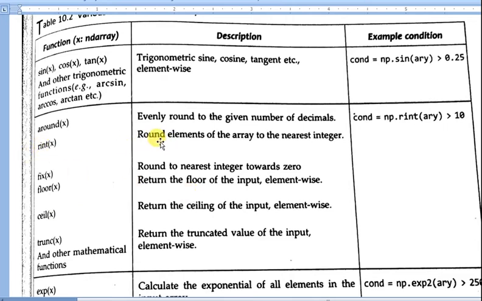Suppose I use rint, it will round the value to the nearest integer. Fix rounds to the nearest value towards 0.